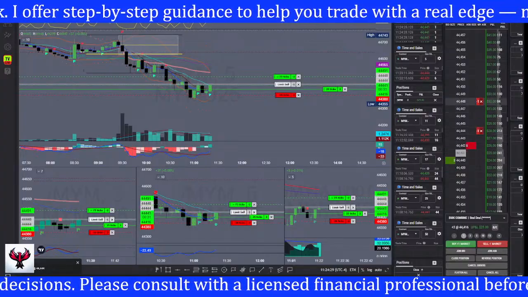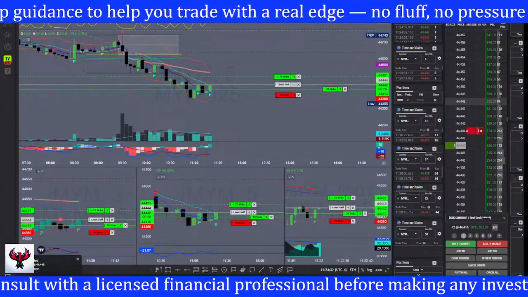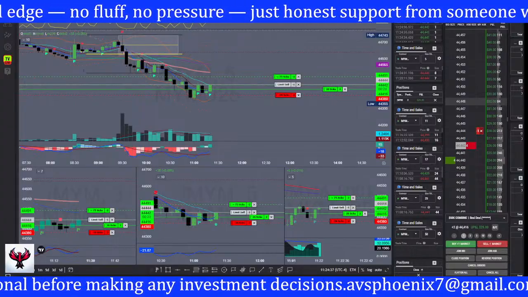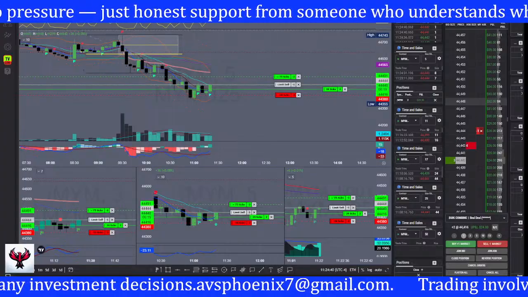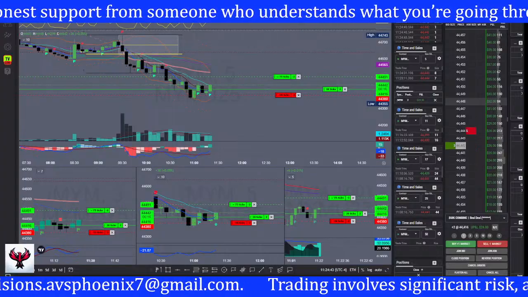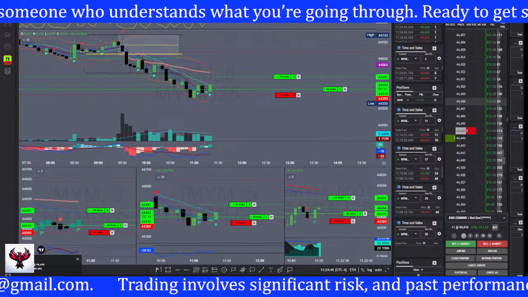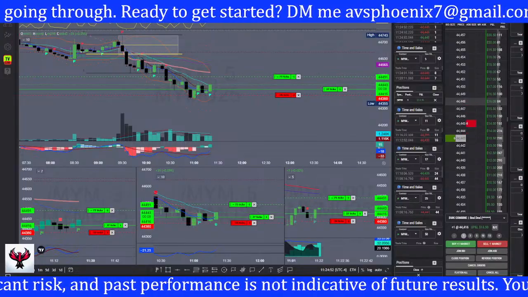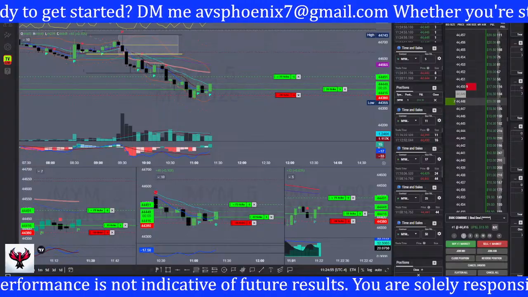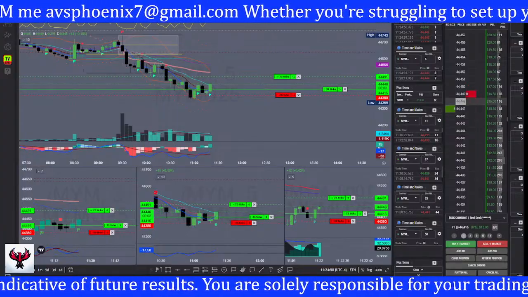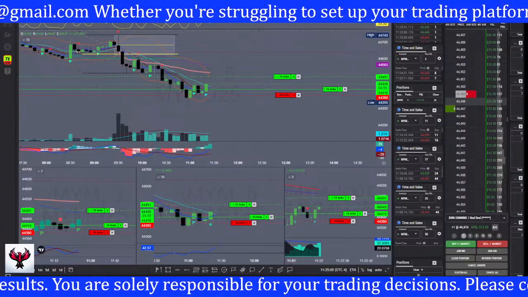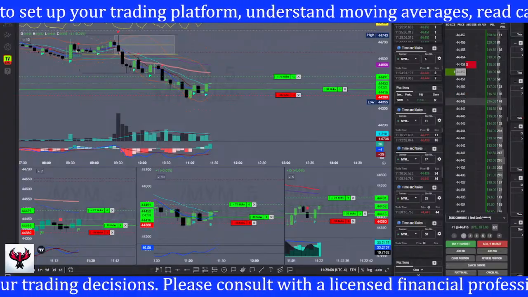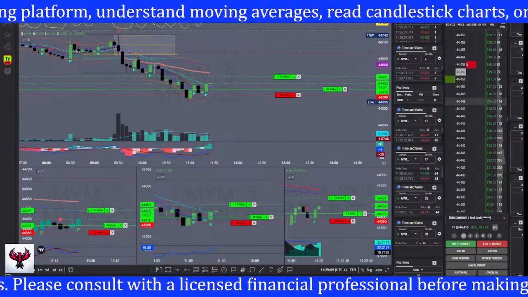I'd like to see more, but I don't want to get greedy on these runners, so maybe I'll trail. I'd love to see the 318 area. Is there any situation where you would add? I don't love it, because I'm almost leaning towards cutting at some point, since it wasn't the trade that I wanted to get. I don't think this is FOMO. I saw something with a small stop that I could take in case we didn't get our trade. And if we did get stopped out, chances are we were going to see the trade.